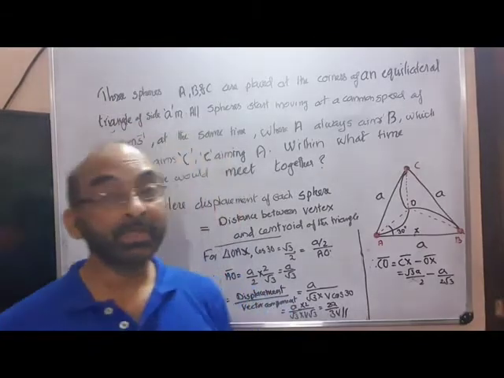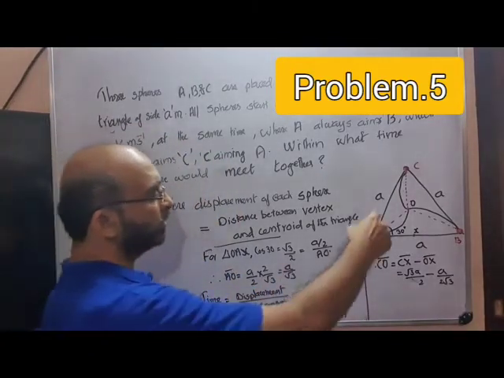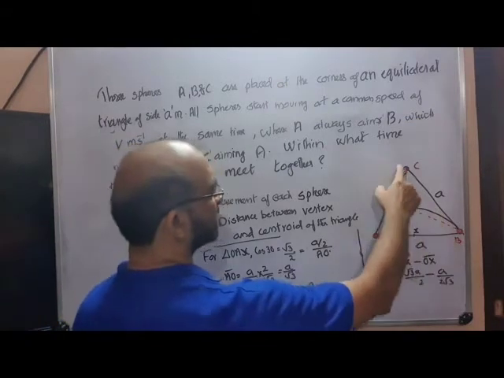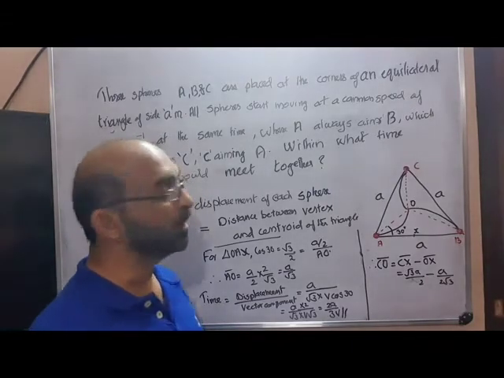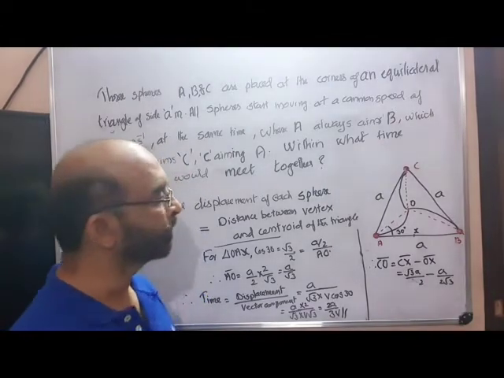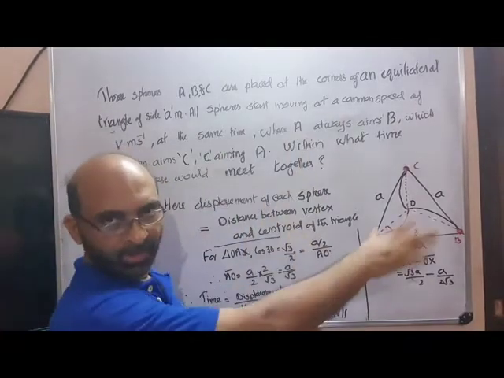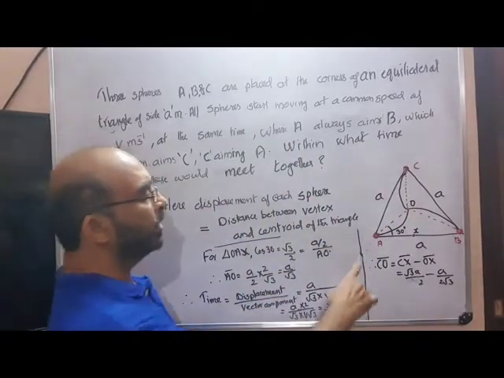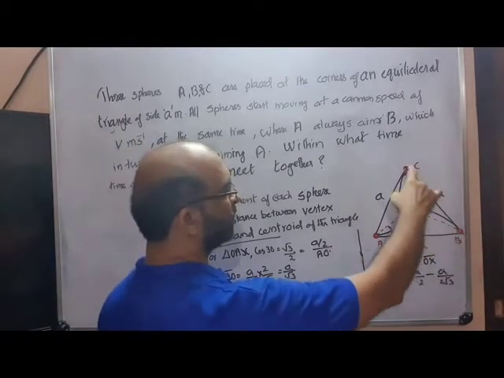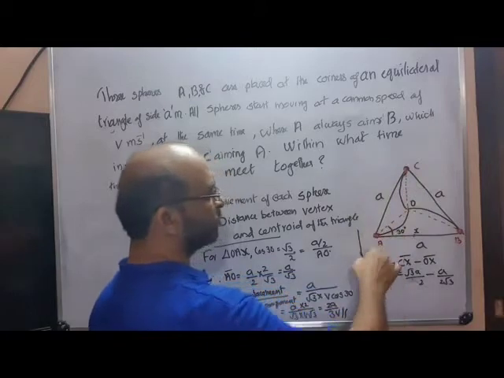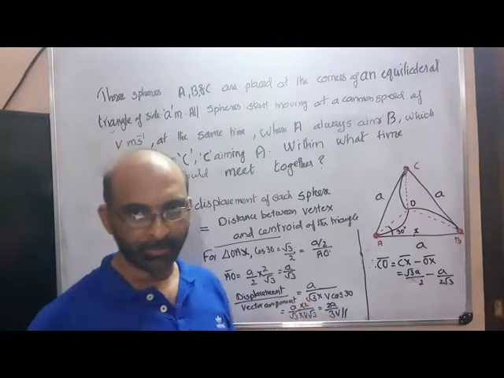Now we have a very similar problem based on a triangle. Look here. Here the bodies A, B, C are placed at the corners of an equilateral triangle. As in the previous case, I am not reading the question, instead explaining. A is moving towards B, B is moving towards C, and C is moving towards A all the time, and started at the same time too.